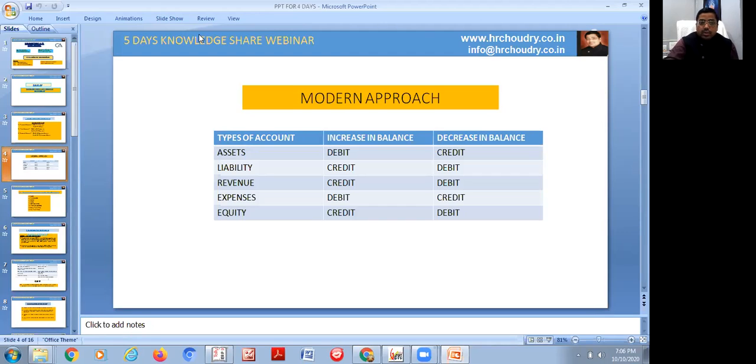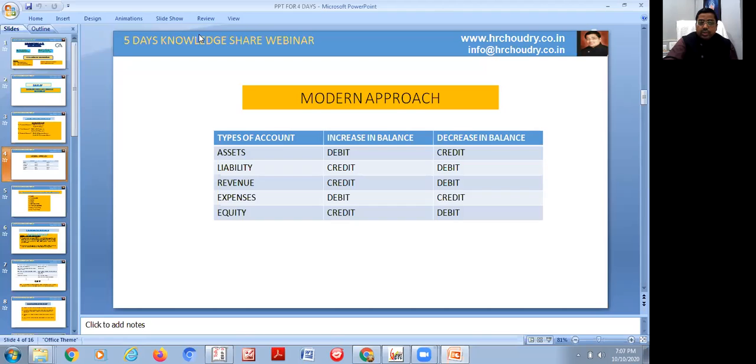In the same case, liability में जैसे आपने क्रेडिट किया तो आपका लायबिलिटी इंक्रीज होगा, डेबिट किया तो आपका लायबिलिटी कम होगा. Revenue, in case of revenue also the same thing. If you credit your revenues, the revenue will be increased. If you debit revenue, your revenue will be decreased. In case of expenses, expenses को डेबिट किया तो वो इंक्रीज होता है, क्रेडिट किया तो एक्सपेंसेस कम होता है.